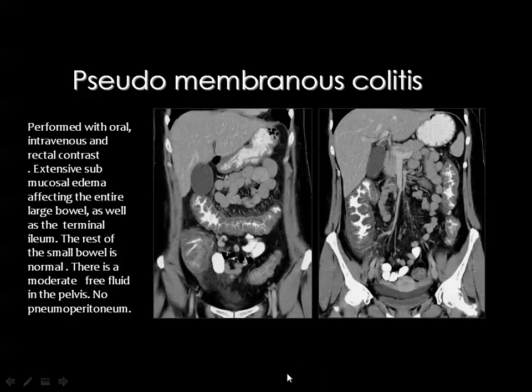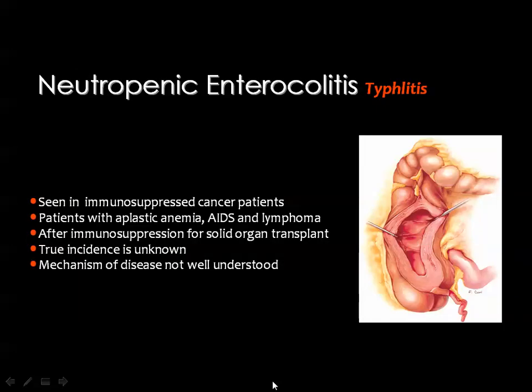And this is also, if you have multi-detector CT and you reconstruct the images in the coronal planes, it's very helpful to see this typical appearance of pseudomembranous colitis. Then you come to neutropenic enterocolitis, or what's known as typhlitis. This disease has